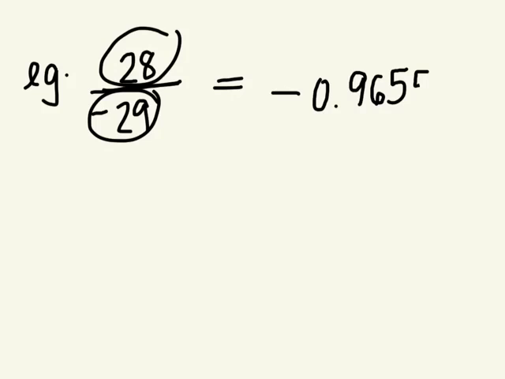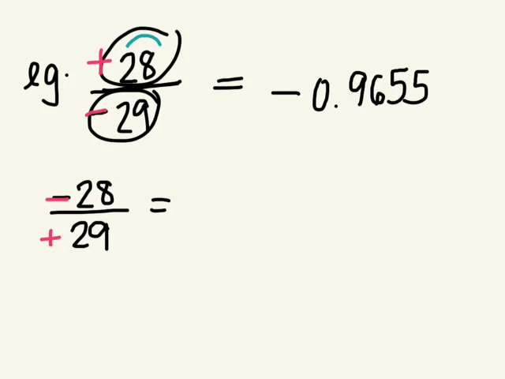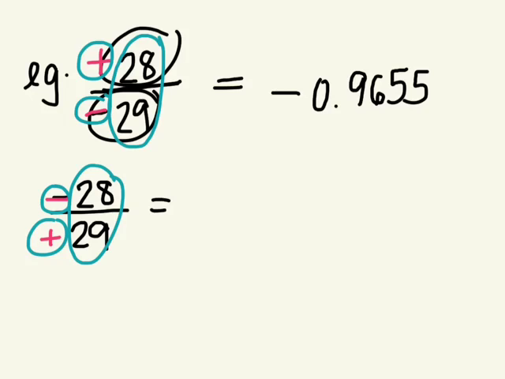0.9655. Would positive 28 divided by negative 29 be the same as negative 28 divided by positive 29? You're still dividing 28 divided by 29. We're still doing that. Is there a difference between having a positive divided by a negative or a negative divided by a positive? No. It's still going to give you a negative,